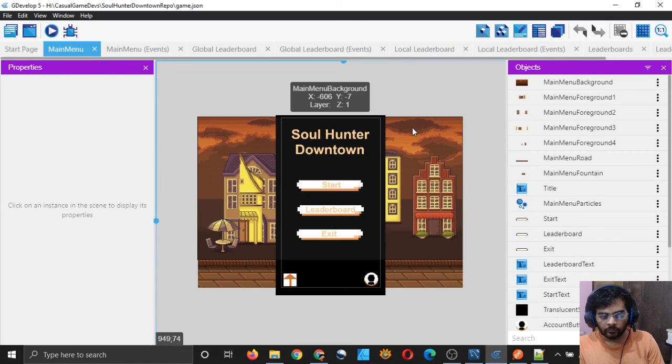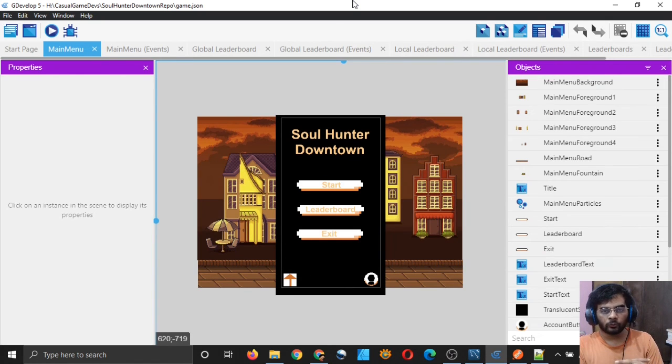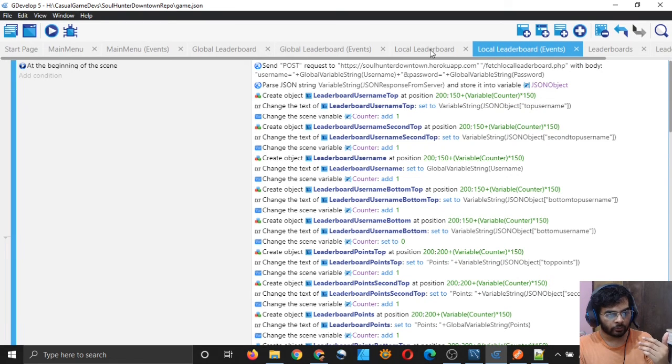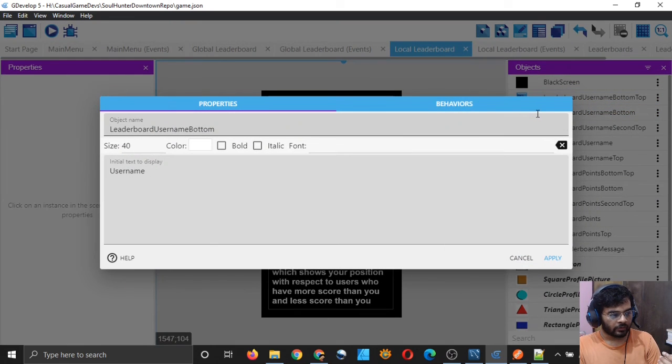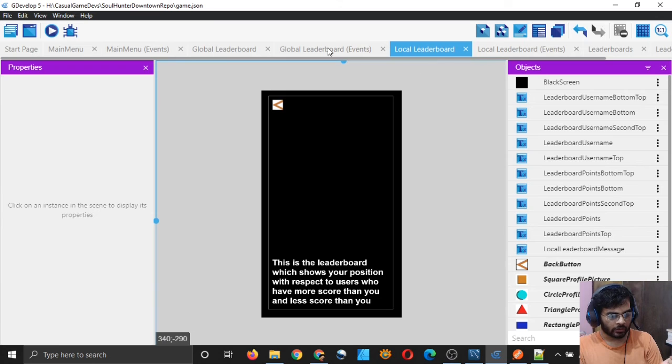So if we have not been able to fetch someone below us, it will simply show 00 over there, and that 00 is simply the value which we have ourselves put there, I guess. I will go to the bottom and see its username. It says username.